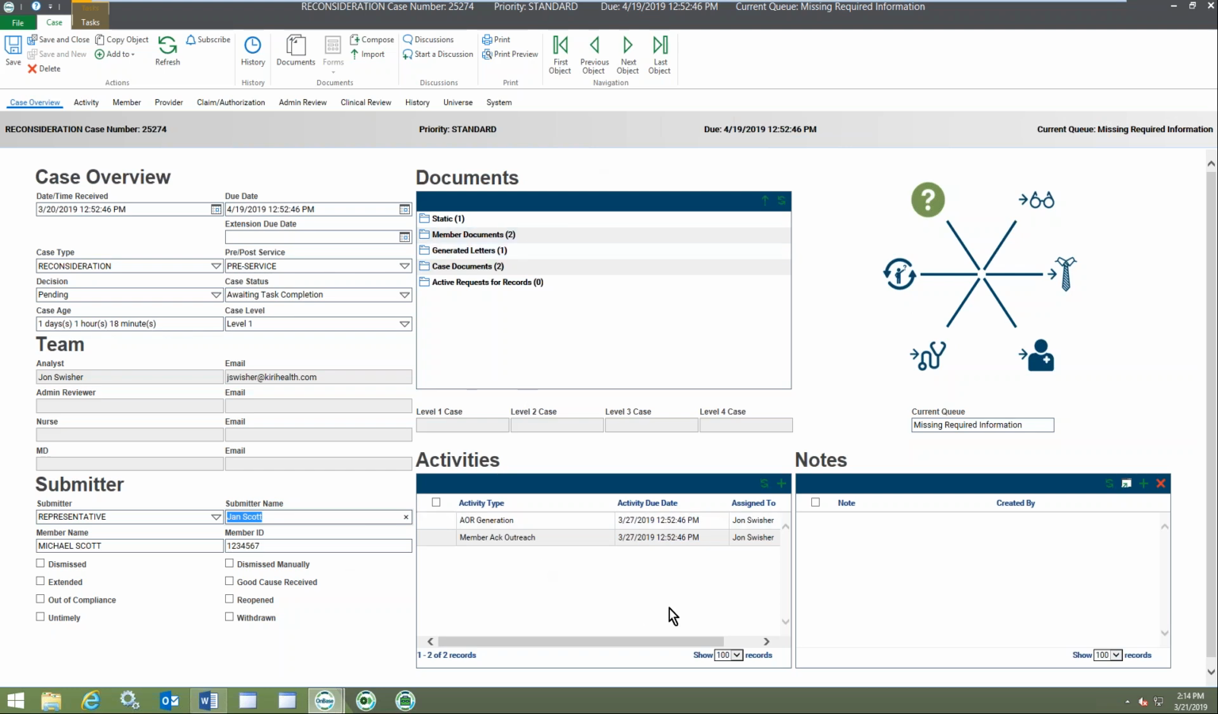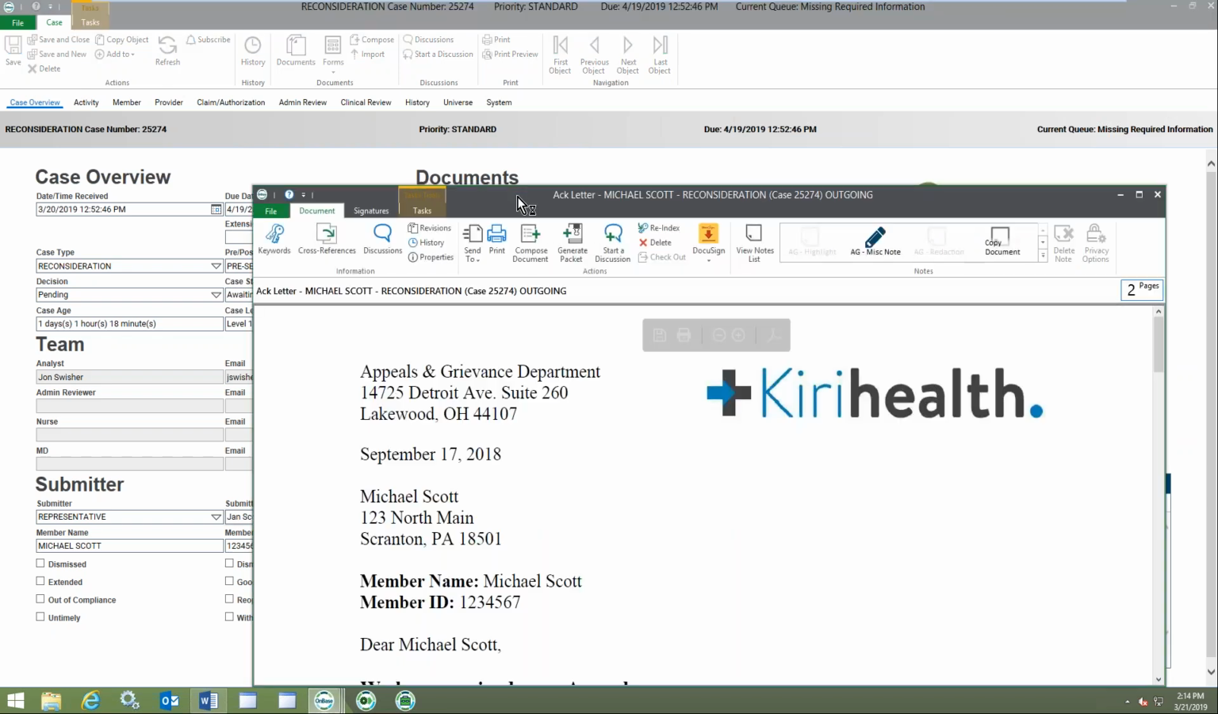In the middle of the screen here, you'll see a couple buckets. We have the top one, our list of documents. If I go into case documents, this is our first taste at letter generation. We have the automatic distribution and generation of the acknowledgement letter. So if I click on that, we can see